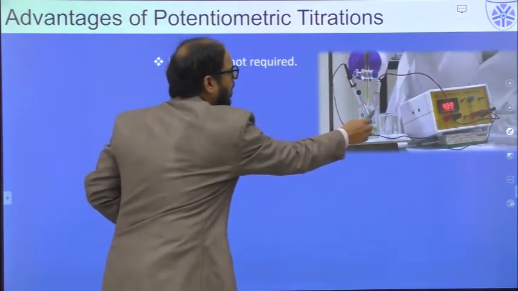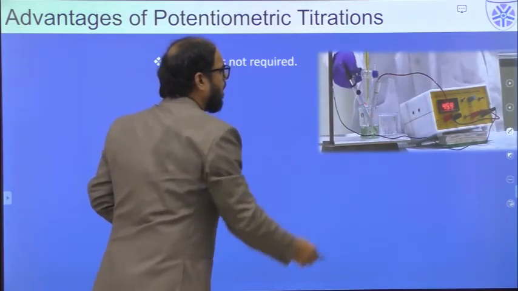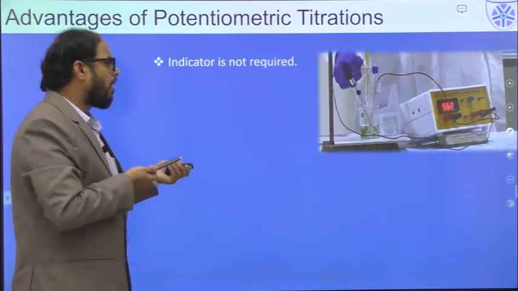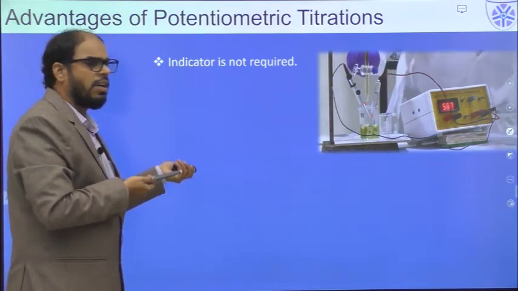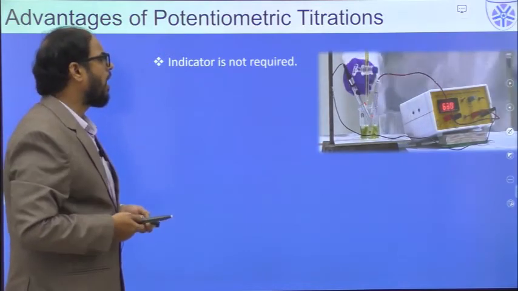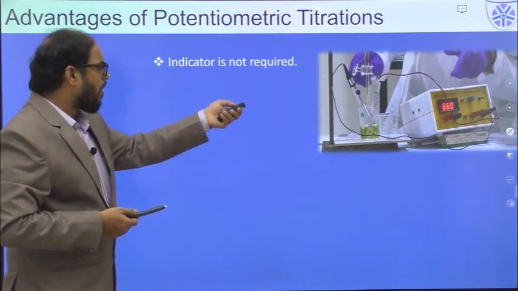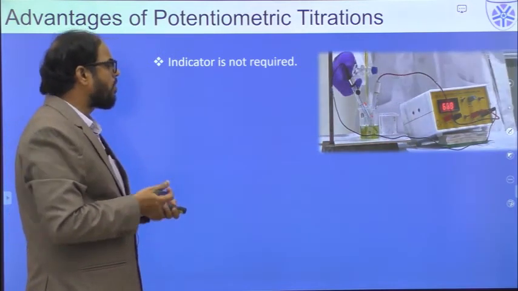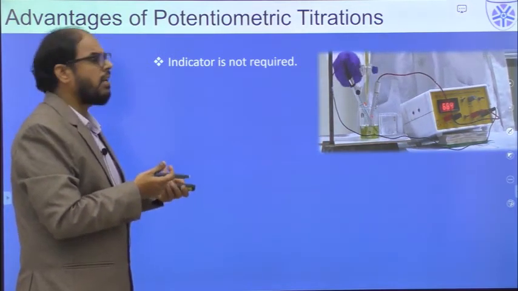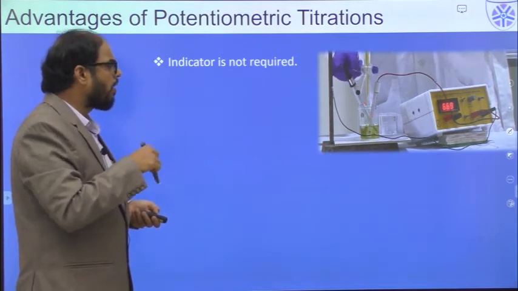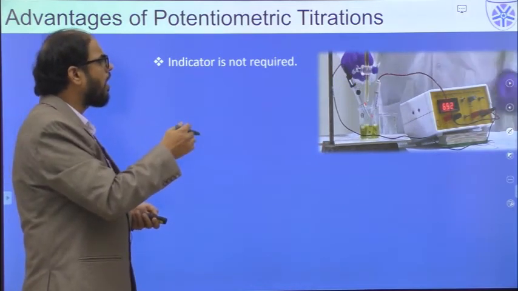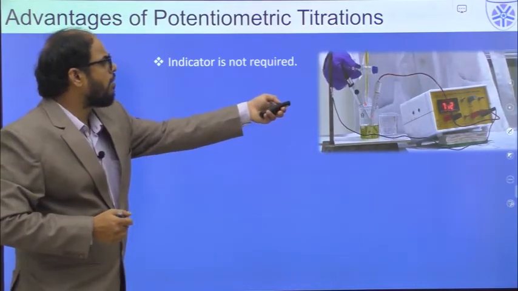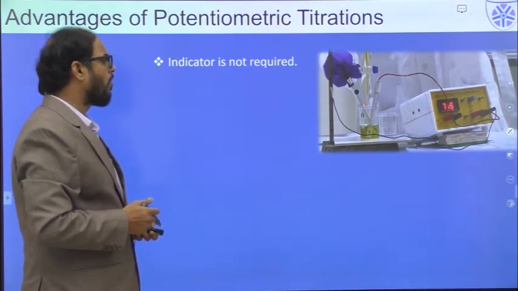We just have to know that we are going to use an indicator electrode and a reference electrode. The indicator electrode can be a platinum electrode, and the reference electrode is generally the saturated calomel electrode. We are using a glass rod to have uniform mixing, because we are not going to use a magnetic stirrer setup. So this will give a uniform mixing. Whenever we add titrant drop by drop to the analyte, the potential can be seen varying over a period of time.